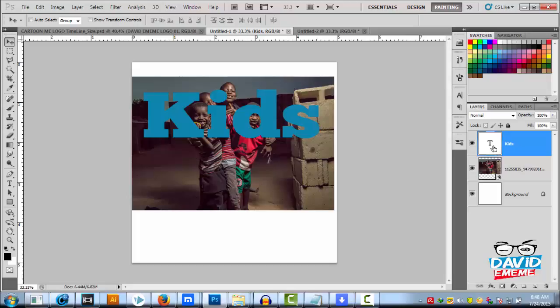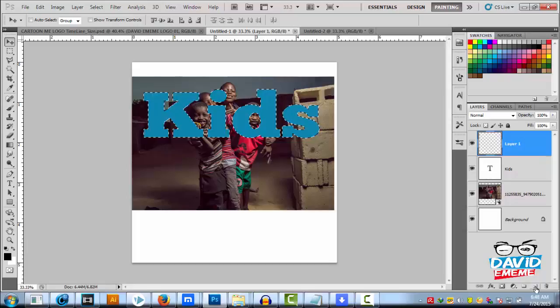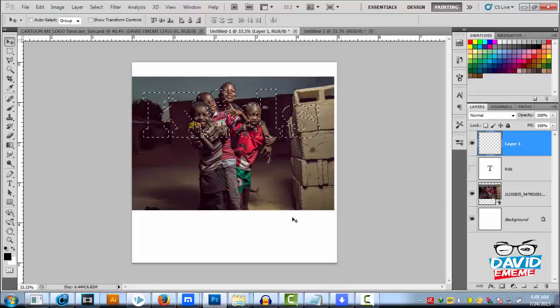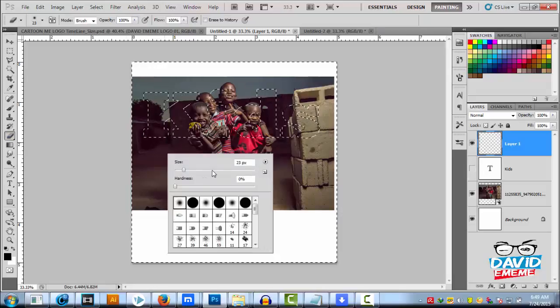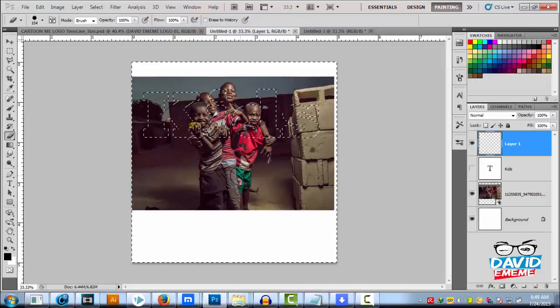And when you hold your Control, you click, you just make a selection, click on this, and try to hide this. I'm showing you the trick. You hold Control Alt I, then you come to your eraser tool, try to make it big. You can use the heart for it, and onto your eraser to duplicate this place,